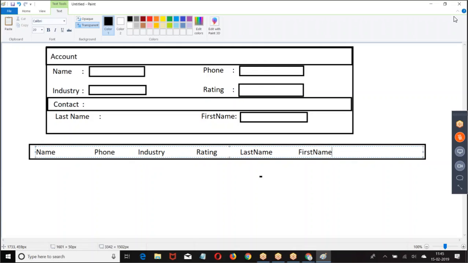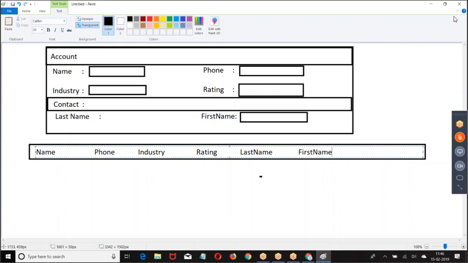Now, if it is only accounts, I can take account ACC. If only contact, CON I can take. But I require a combination of one account, one contact. Then how will you achieve it? Whatever the format of data you are looking for, that format of data is not available in Salesforce.